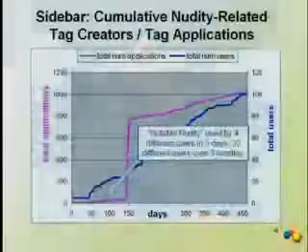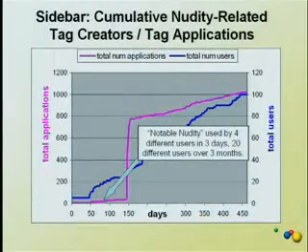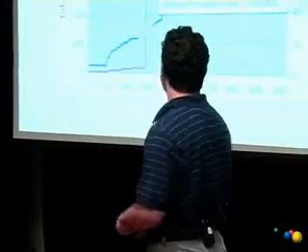And then another month later or so, we really start to see the real nudity vocabulary emerging. So a single user applies the tag notable nudity, and 3 other users use that same tag in 3 days. Now that's an interesting choice of vocabulary, right? If you're going to describe a movie with nudity, and you ask 2 random strangers, and they don't have any communication, they probably won't both say, oh, notable nudity. So clearly there's some community influence going on. In fact, that tag, notable nudity, was used by 20 different users over the next 3 months.